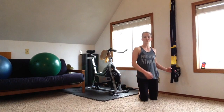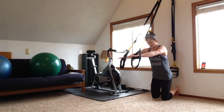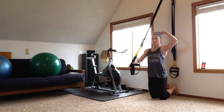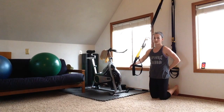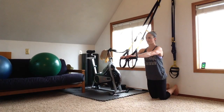These are kneeling rollouts. So we're bringing the handles right in front of you. Kneeling on the floor with your feet as close to the wall as you can get it. What we want to do for this exercise is maintain a straight line from head to knee. So you kind of have to keep your tailbone tucked under as you hold that straight line. Arms are directly out in front of you and we're just going to fall forward